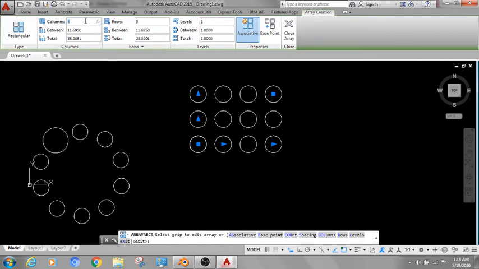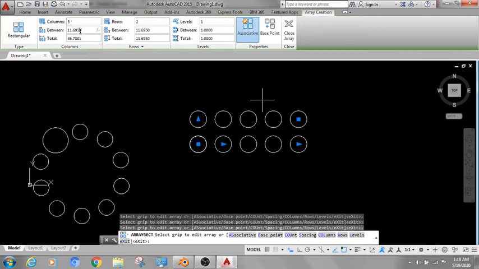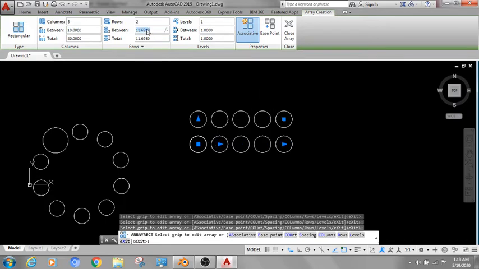So number of columns I am giving 5, and number of rows I am giving 2, and distance between two columns I am giving 10, distance between two rows I am giving 6.